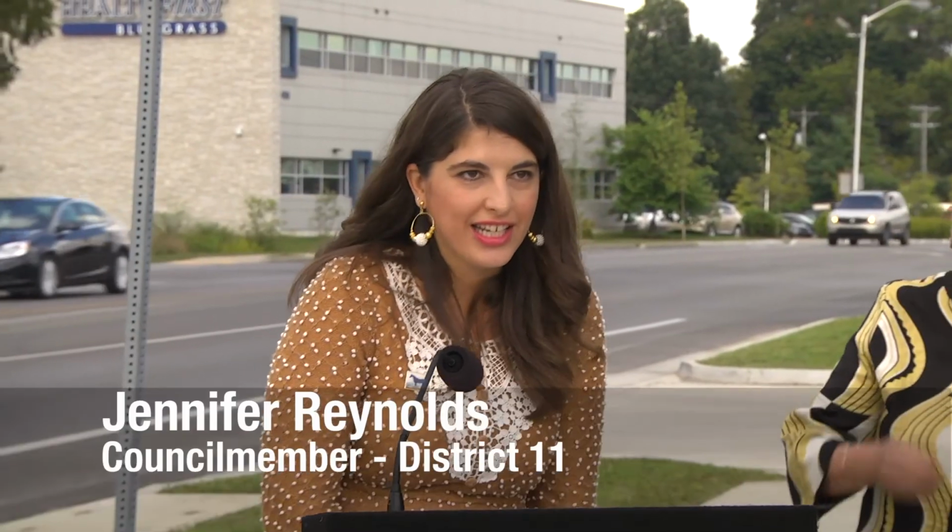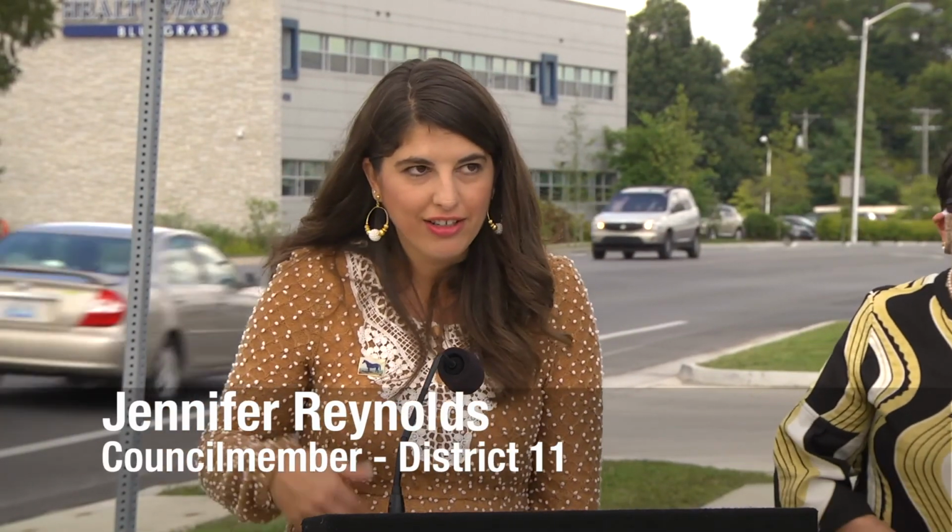We're actually standing in my district right now in front of Good Foods Co-op, and I am so excited that I get to represent a small piece of Southland Drive. It has been a place that I have frequented ever since I can remember. The unique businesses that Councilmember Swanson mentioned, and the unique activities and the people that make up this area are